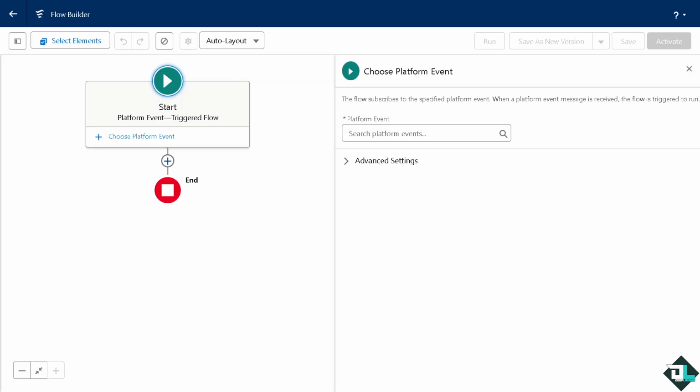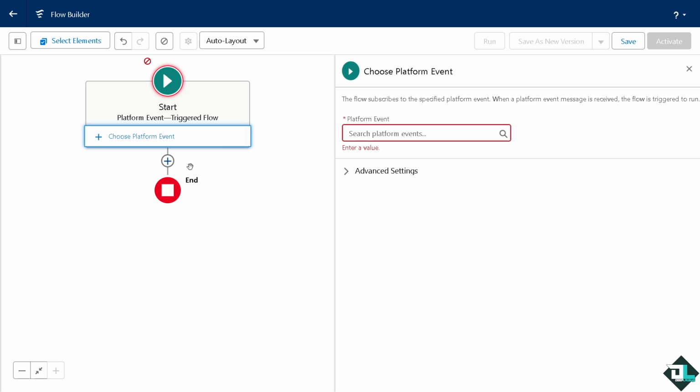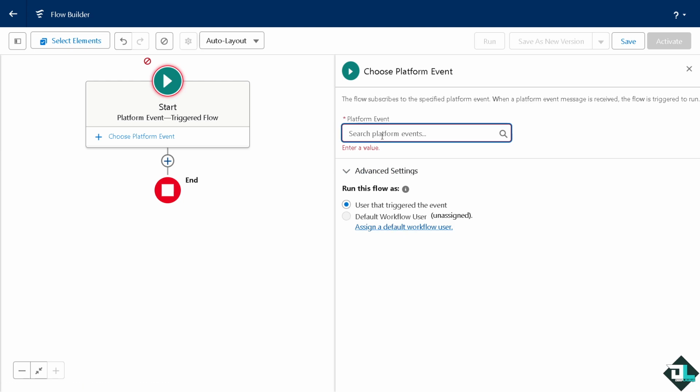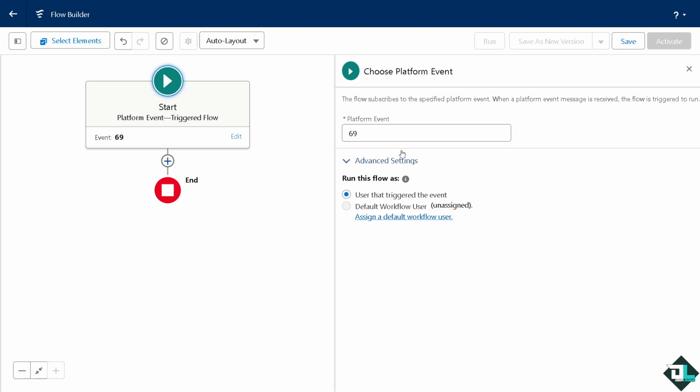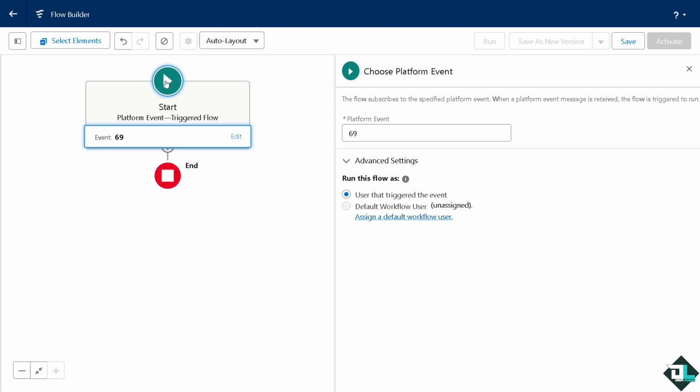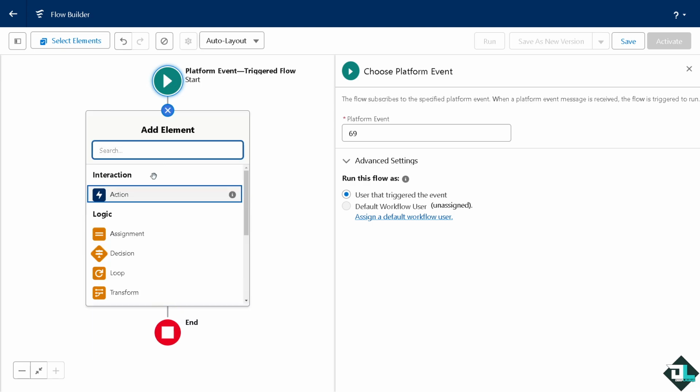Now, once you have logged in your account, you see this is one of the easiest ways for you to create a flow. All right, you can choose a platform event. If you click on the plus button, all right, and the end. So this is going to be the search events here. If you want, you can click on the advanced setting user that triggered the event, or you have the default workflow user. All right. Enter a value, for example, this. You have the option to click on this button. So the platform event triggered flow starts, and it ends here. All right. If you want to add one,